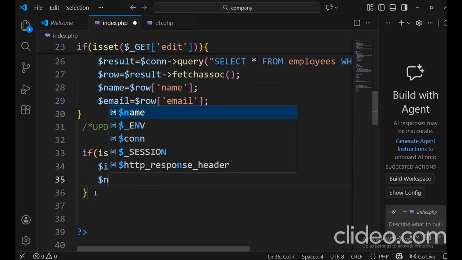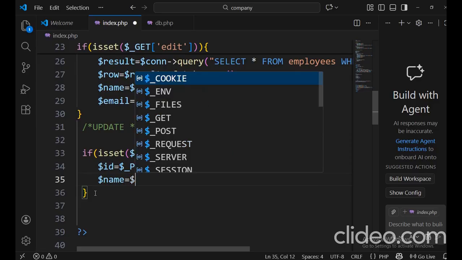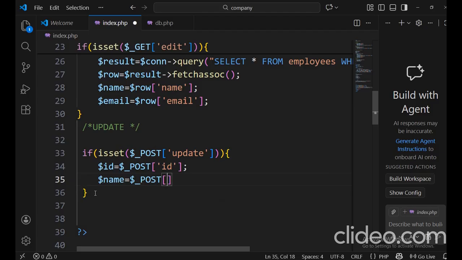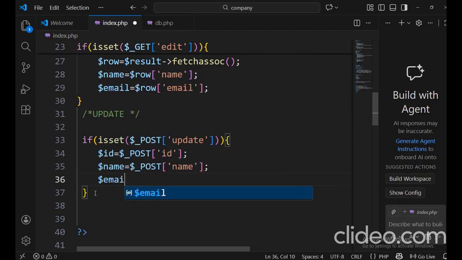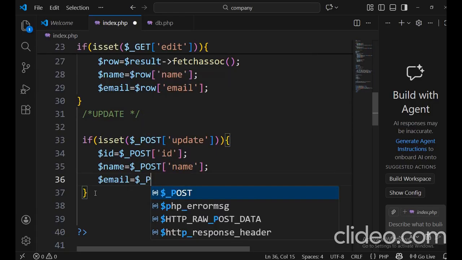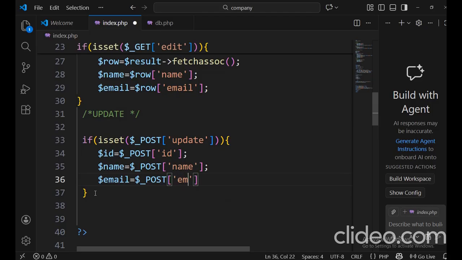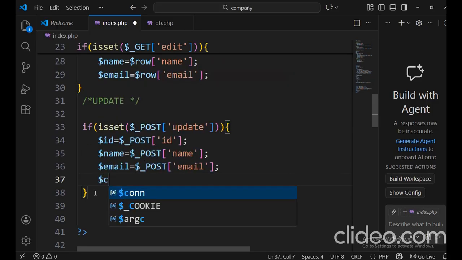Next $name is equal to $_POST name. Same $email is equal to $_POST email. Now we'll write the update query. Okay,